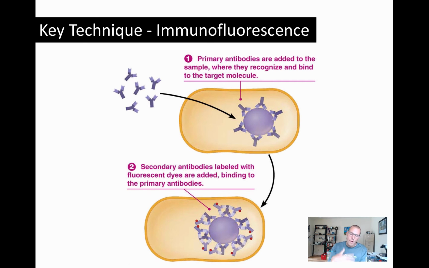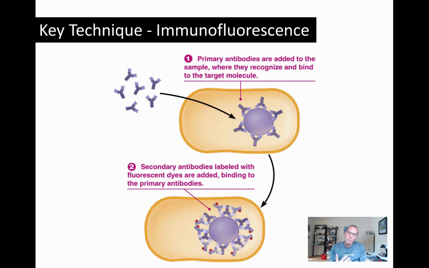We then wash away all the excess antibody that's not stuck on the microtubules, and then we add a second antibody, and this second antibody is an antibody which recognizes the first antibody. So it's an antibody against an antibody, and so the second antibody goes into the cells, into these fixed and permeabilized cells, and it binds to the first antibody. So we've got the microtubule with an antibody stuck on it, and then another antibody stuck on the first antibody. The second antibody that gets added, the one that's binding to the first antibody, has a fluorescent